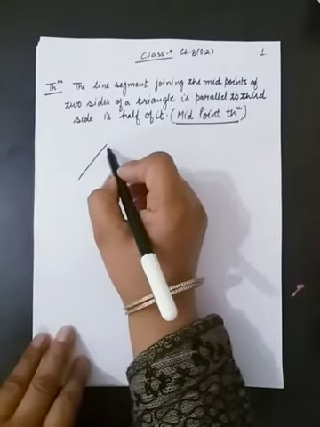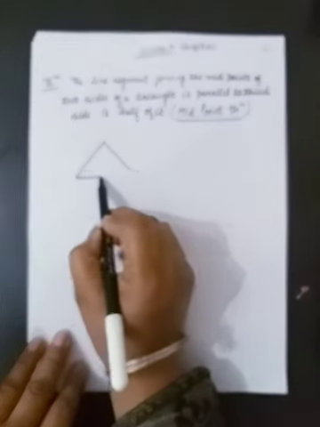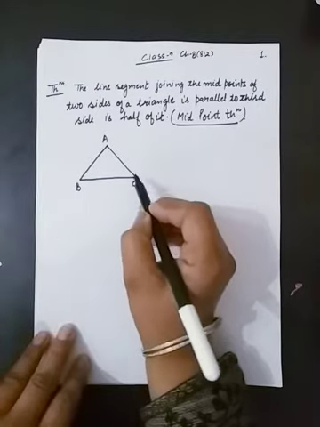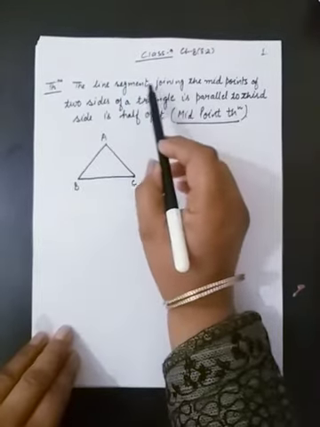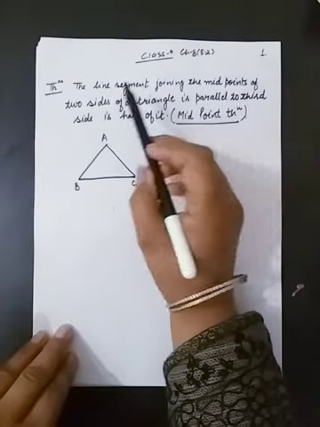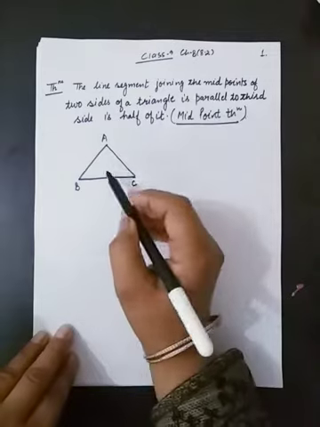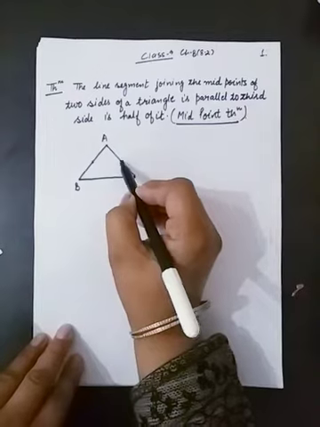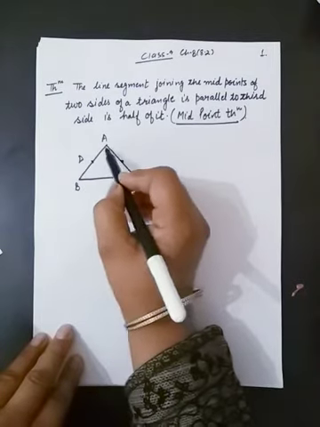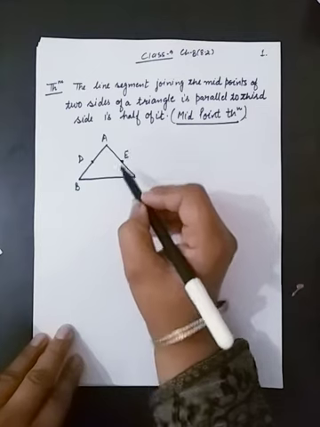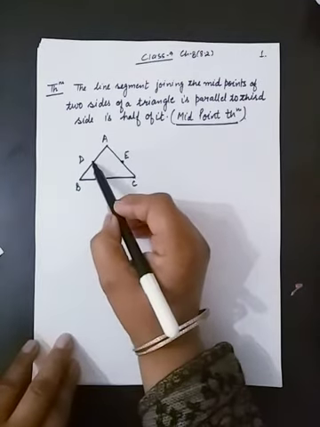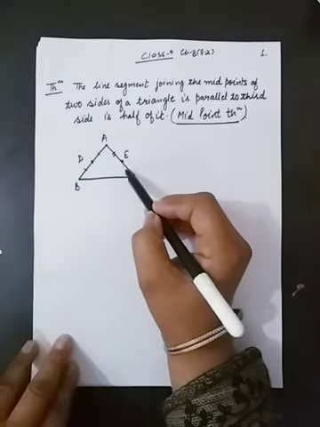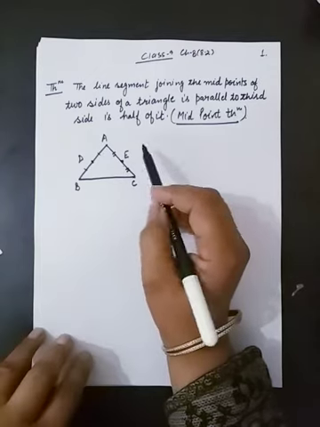Here I am going to draw the figure of a triangle. And we all know that a triangle has three sides. It is given that a line segment joins the midpoints of two sides of a triangle. So from these three sides, we have to take the midpoints of any two sides. Here I am taking D as the midpoint of AB and E as the midpoint of AC. Means D divides AB into two equal parts and E divides AC into two equal parts, because these are midpoints.